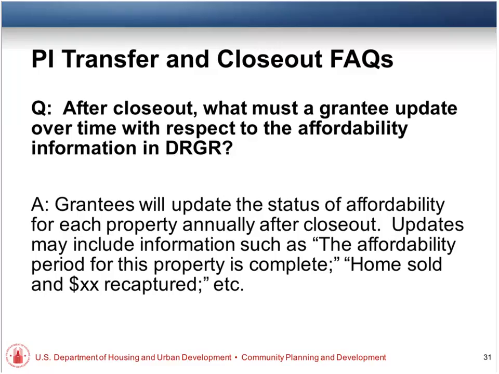Right. Until you're out of the affordability period, and then the reporting requirement will fall away and gradually you will no longer have any properties you're talking to us about. The longest things, I think, right now we think the longest things are going to be the land banks because their 10-year period starts at grant closeout with the date of the closeout agreement. NSP is old enough now that we're not going to have too many things that run longer than that, except possibly in California where I heard that they fastened some 50-year, and we may write ourselves out of that at some point, but we haven't done that yet.